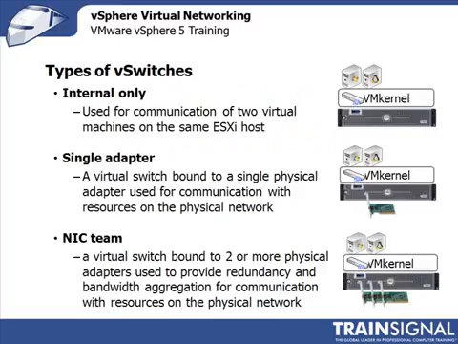Now there are three types of virtual switches that exist. There's the internal only virtual switch, which is sort of an isolated virtual switch. This virtual switch has no physical NIC bound to it, which means the virtual machines that are connected to this virtual switch have no way of communicating with the rest of the network. Now this would be ideal if you're trying to set up some kind of a test development environment where you wanted to isolate an application and you wanted to build an environment that mimics your existing environment, but you didn't want